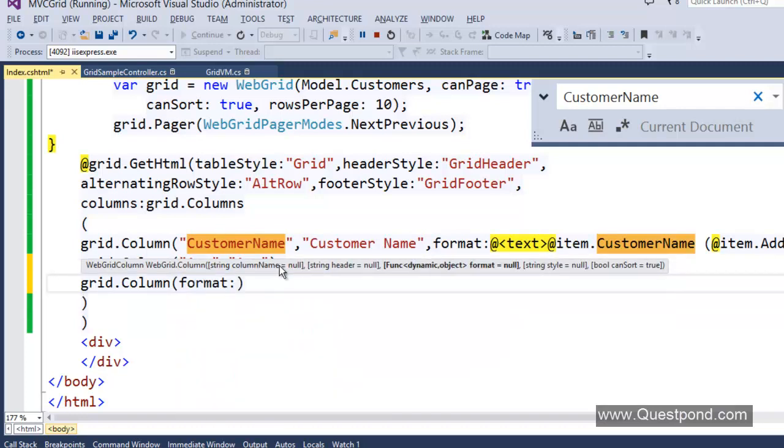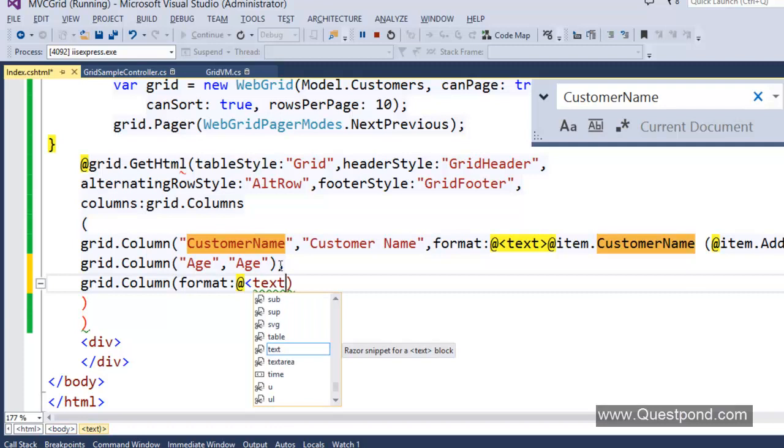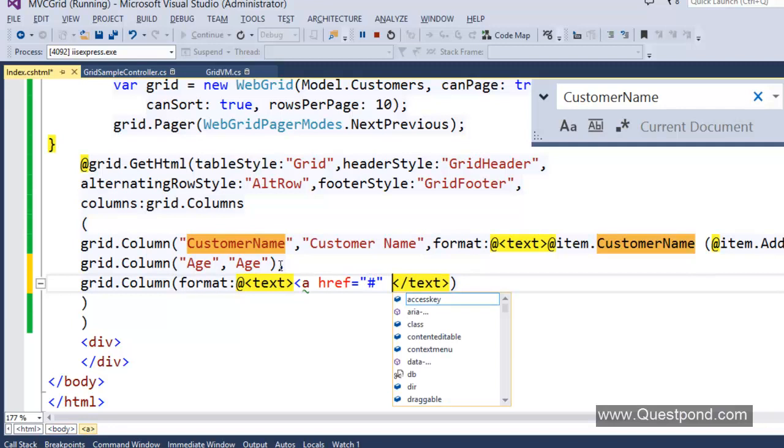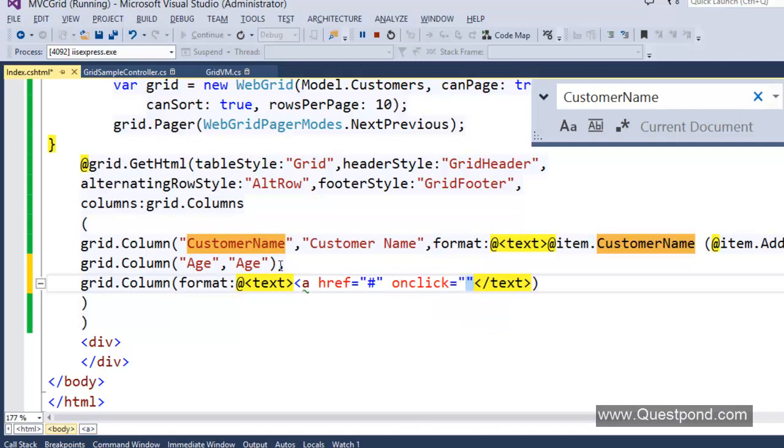We are not interested in any kind of header, and then we will say @text, and now whatever we put between this is going to be considered as HTML. So we'll say anchor tag, href is going to be hash, because we are not interested in redirecting, and then on click we will invoke a simple JavaScript function, that is edit customer,